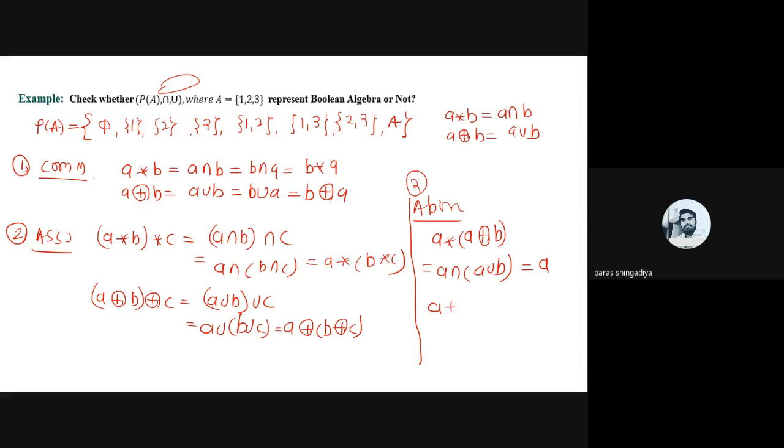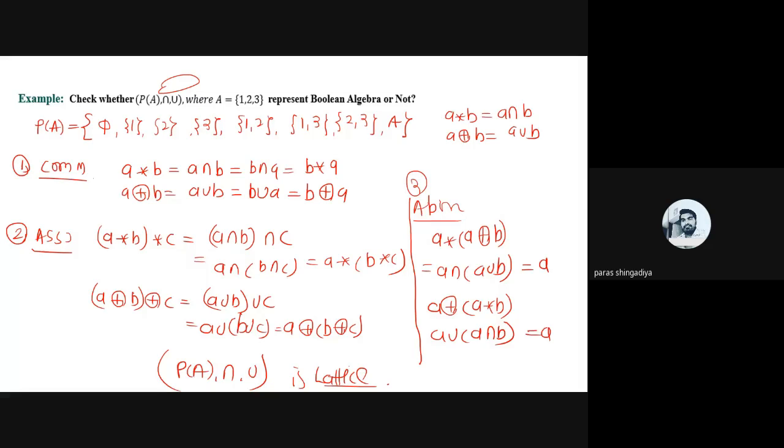And then the second one, A ring sum (A star B), that is equal to A union (A intersection B). So first find A intersection B, and then find its union with A. So of the two sets, A and A intersection B, A contains the other. So what will their union be? That is equal to A only. So the answer is equal to A. Clear? So all these three properties are verified. So we can say that P of A with intersection and union is a lattice. Okay, that is one part complete.